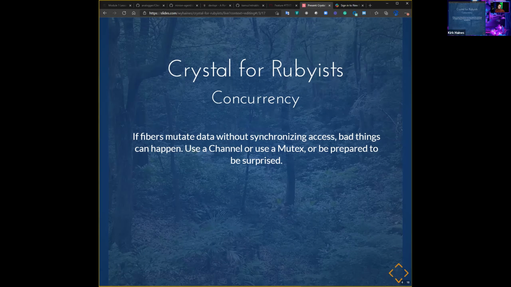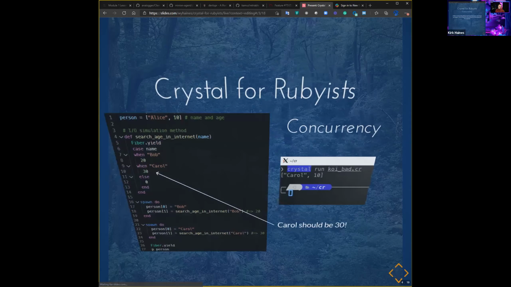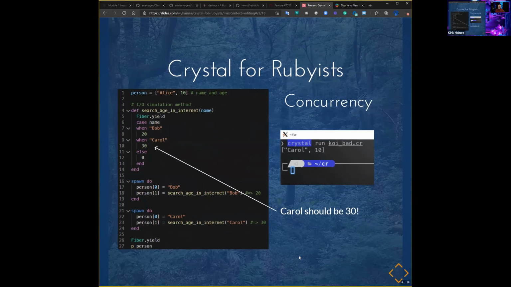But even when you're doing message passing with channels, you can still get state that is weird. And so we have this simple little program, and it does a simulation of IO, where we're going to go search the internet for people and get their age. And it spawns a few different fibers in order to do this simulation. And what happens is when you actually run this code,